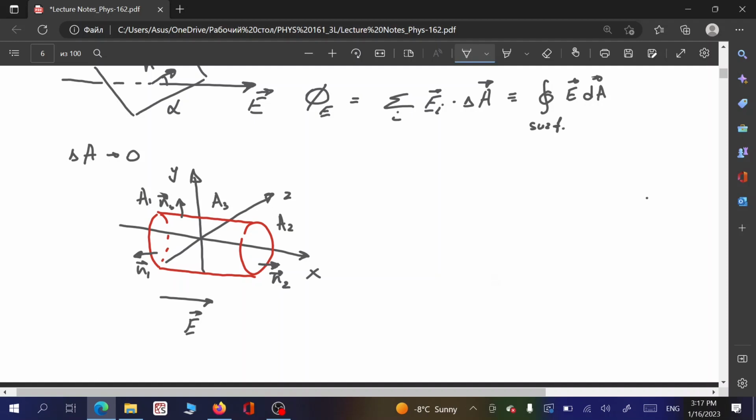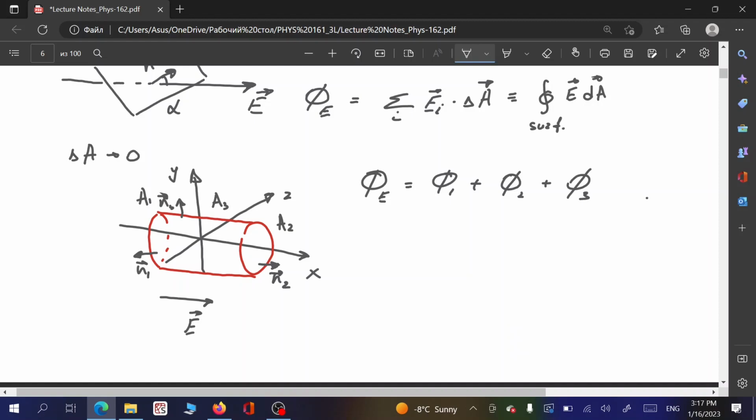So total electric field flux will be equal to sum for electric field flux through the first, second, and third surfaces, like parts of this closed surface. So let us consider first surface,